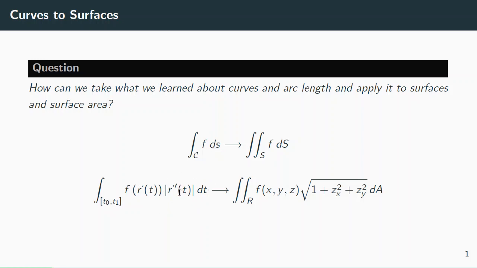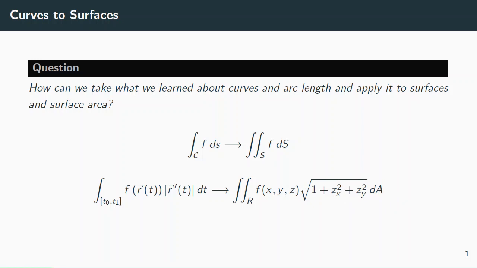So what we're going to do is something similar, where we have a function and then we have a patch of surface, and it's going to turn out that measuring the area of a patch of surface is really the area below the surface, the shadow, a little rectangle underneath, times the stretch factor. Remember, the velocity of the curve gave you the stretch factor, how much a little dt got stretched into two dimensions. Well, this quantity will really just give you the stretch factor for a small rectangle being stretched into a